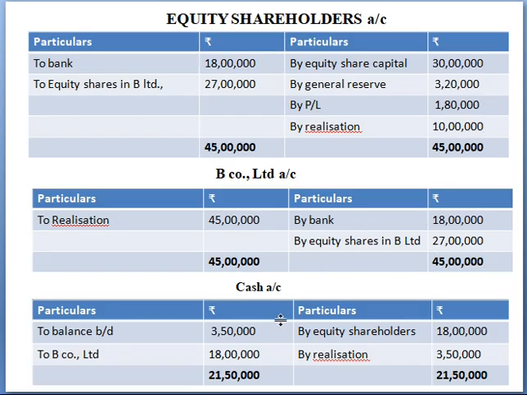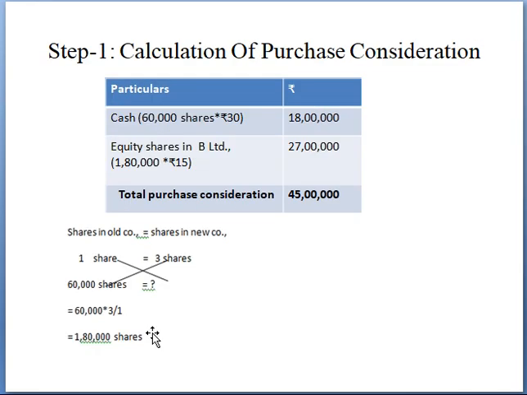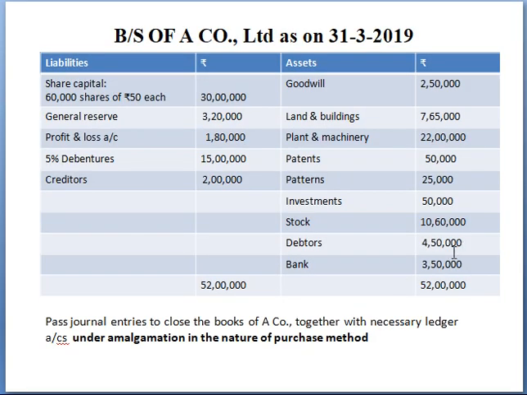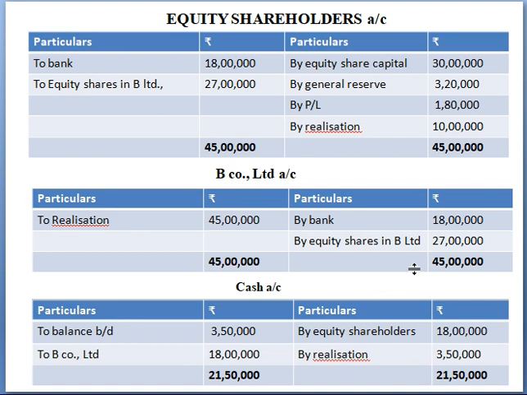And your last ledger is the cash account. So the cash account comes under the real account, right? Debit what comes in, credit what goes out. So if any cash comes inside the business, enter it on your debit side. So first always start with the opening balance. See your question. The bank account is given, which is 3,50,000. As an asset it shows a debit balance. That's what I had given on the debit side: to balance brought down 3,50,000 rupees.